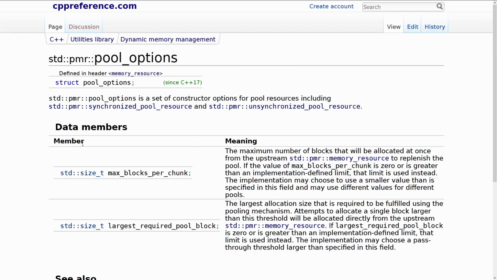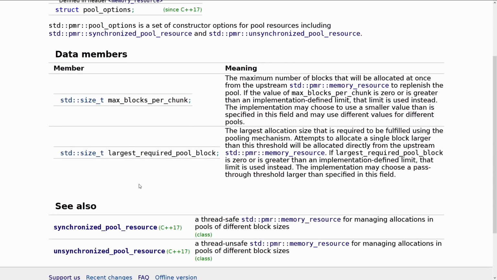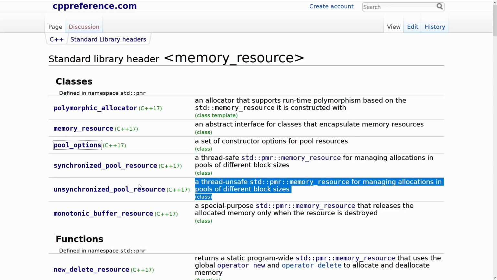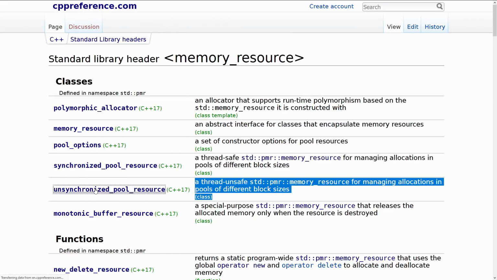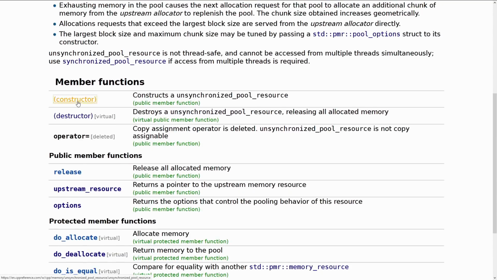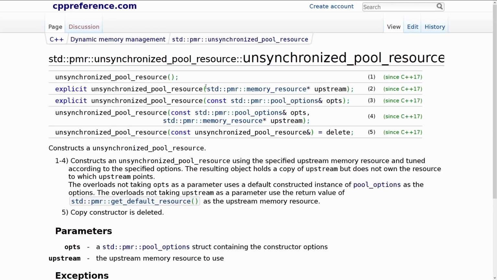And we're not going to really spend any time on this, but you can specify when you're creating one of the pool resources what kind of blocks per chunk, largest required pool block, this kind of thing that you want. Now, an important thing to note about the synchronized and unsynchronized pool resources is that they have an upstream allocator, as does the monotonic buffer resource also have an upstream allocator. So with an unsynchronized pool resource, or synchronized, when I call the constructor, I can say, this is my upstream